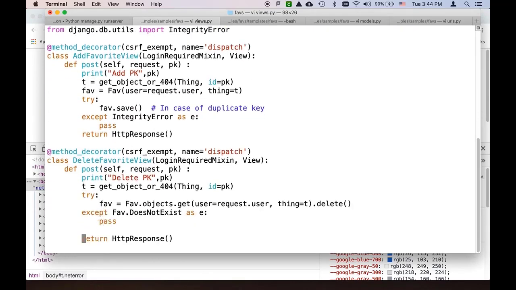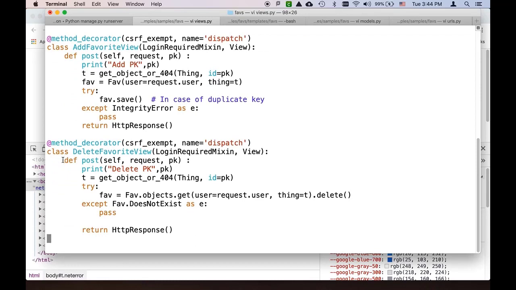The delete favorite is even easier. Right? So in delete favorite, we're CSRF exempt. We have to be logged in, because if you're not logged in, then request user is going to blow up. This line's going to blow up because request user is not necessarily set if you don't have login required. So that's why we drop the login required mixin right here. And then we load up the old thing. And that's because we need to put it in this filter. So this is like a where clause in SQL. Fav objects get user equals the current logged in user and thing equals T. T was the primary key of that thing. So if we can get it,